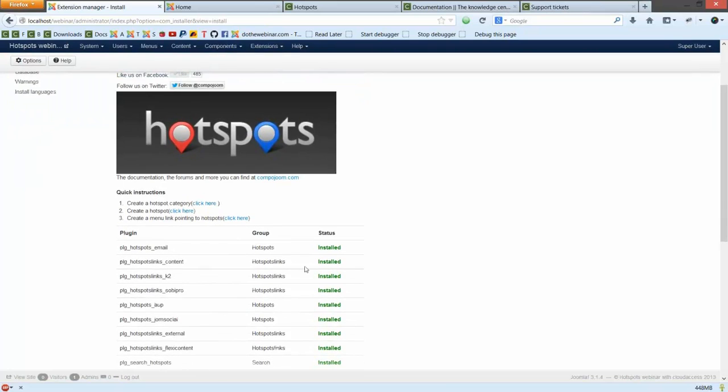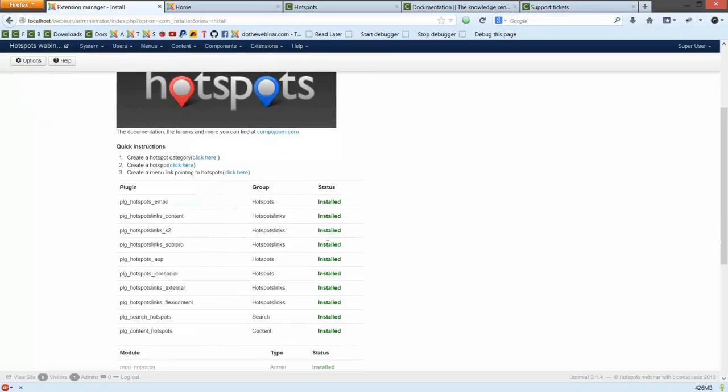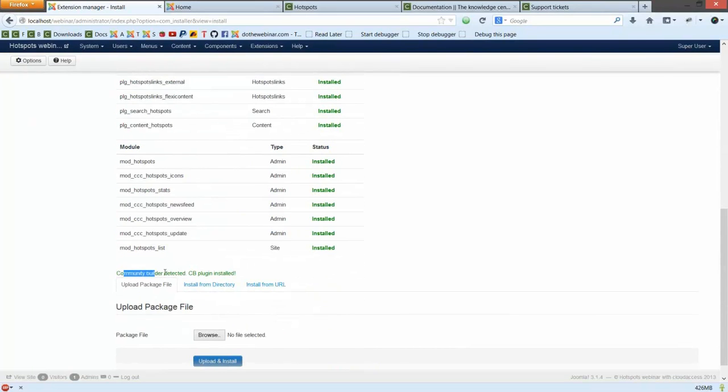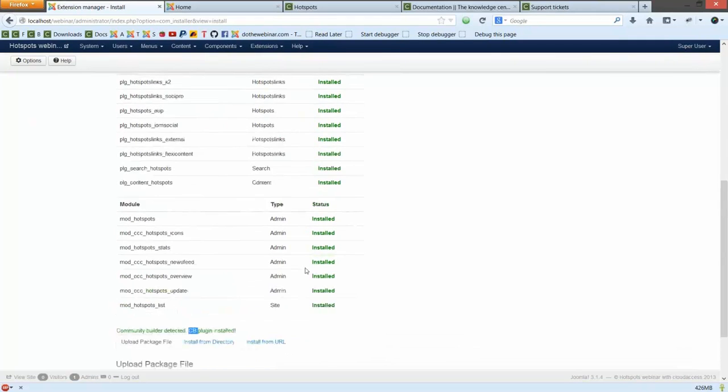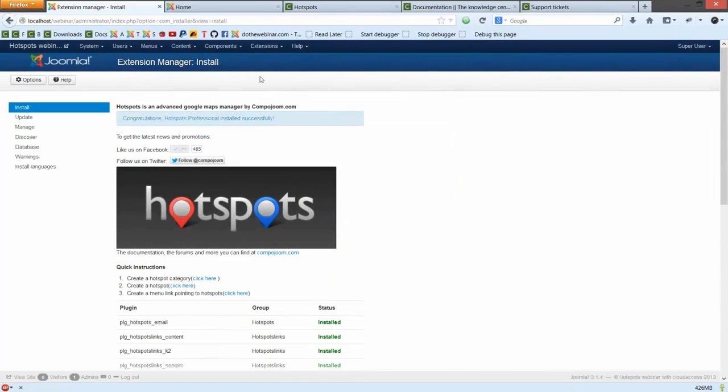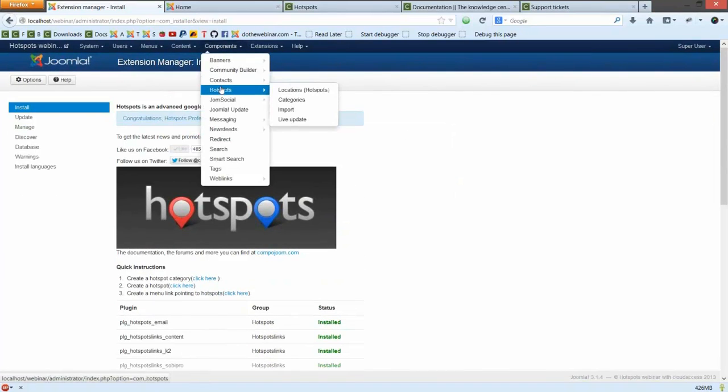The plugins that were installed with hotspots are shown over here, as well as the modules. And at the bottom we have also installed a Community Builder plugin, because Community Builder is installed on this website. Now the first thing that we have to do is we go to Components, Hotspots,